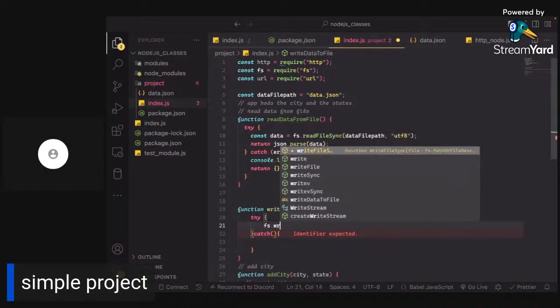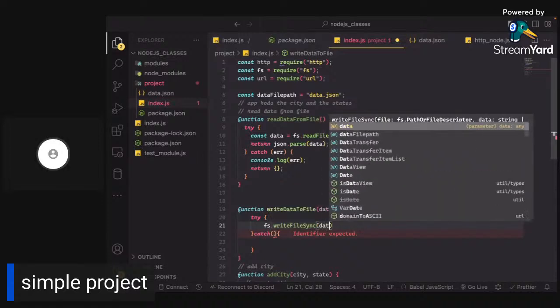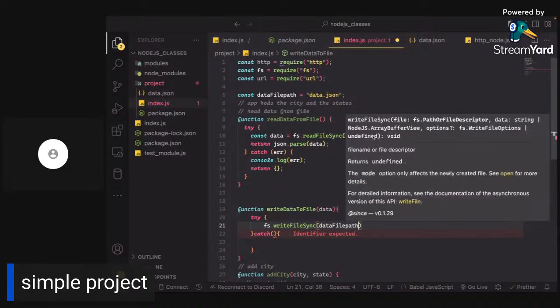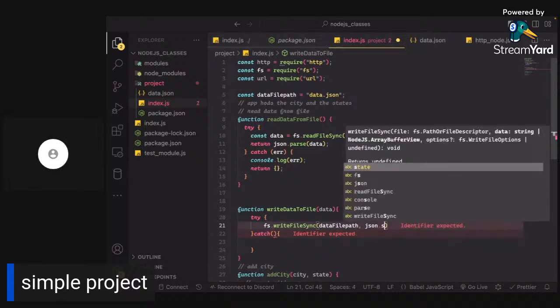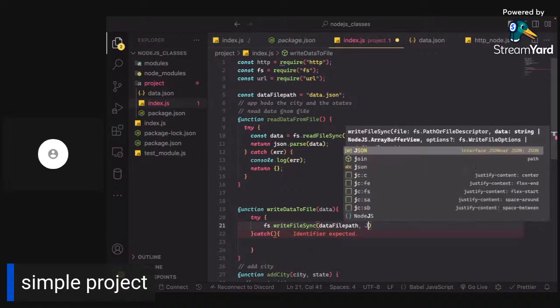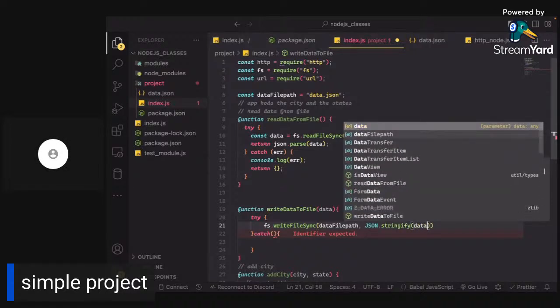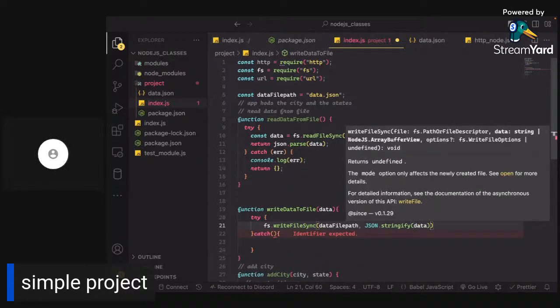fs.writeFileSync. What do we need here? Data file path, JSON.stringify the data. Then we have the